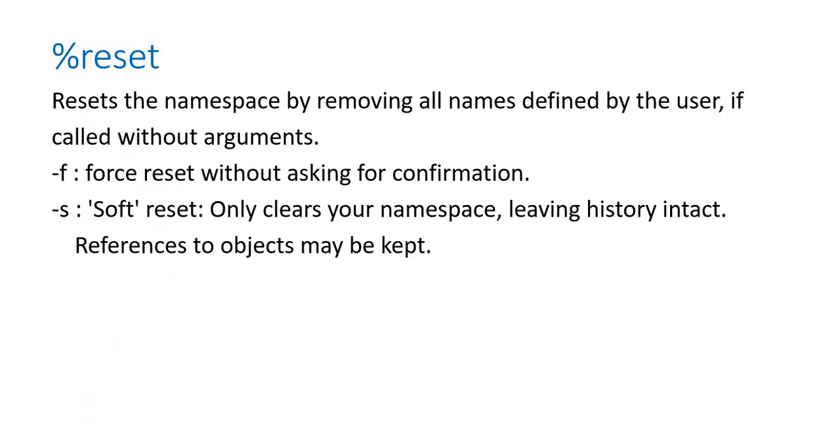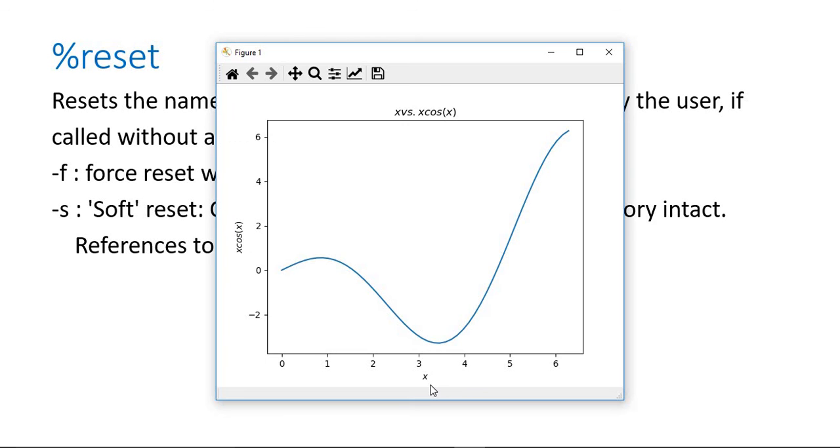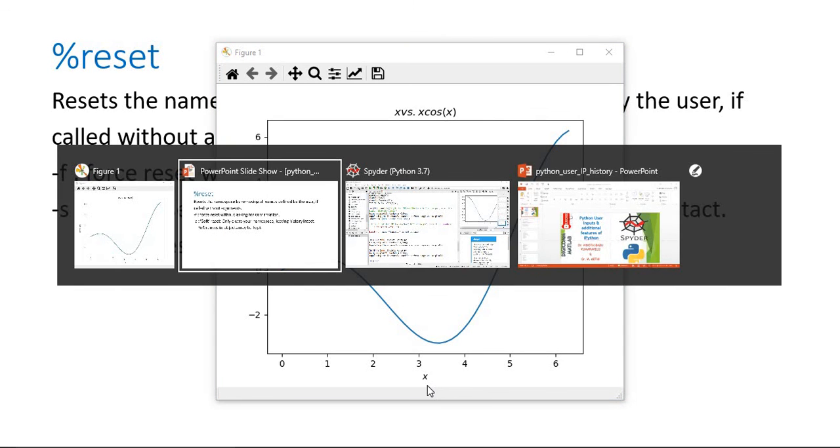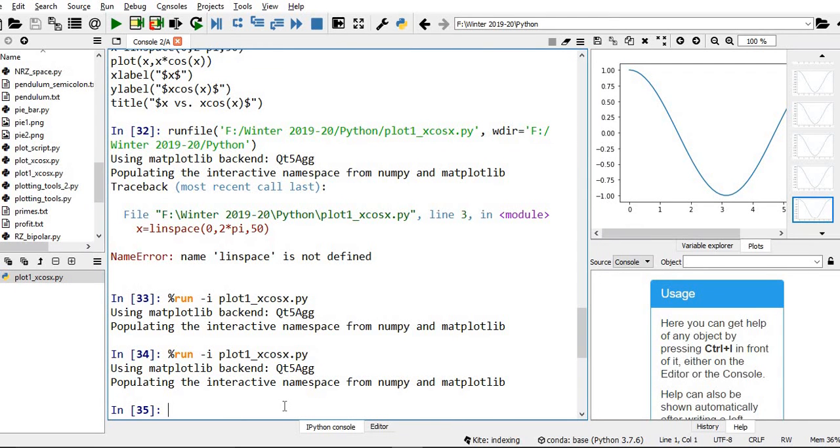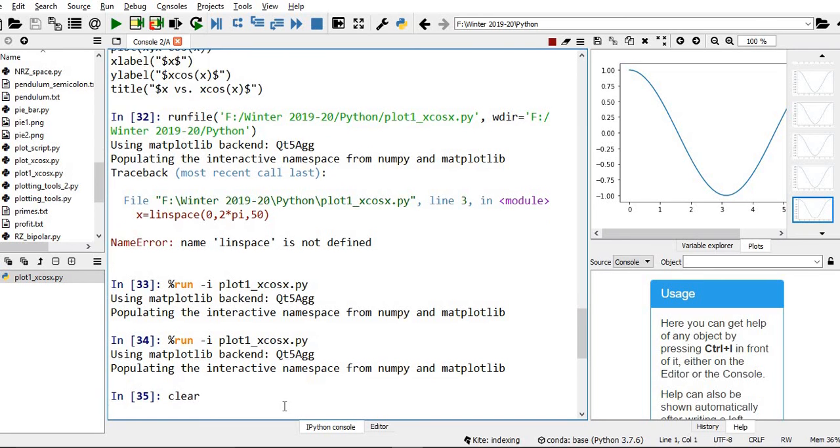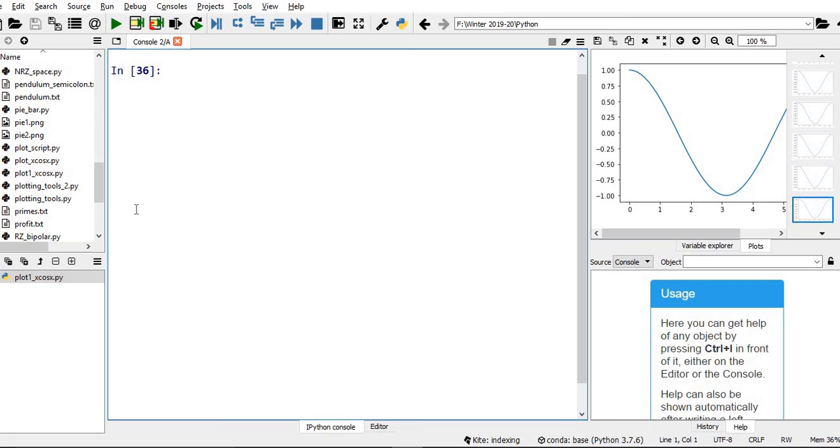Then finally, if you want to clear the namespace, for example, if I use clear, it only clears the console.